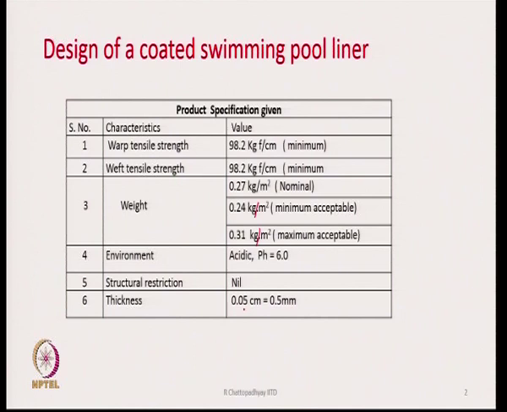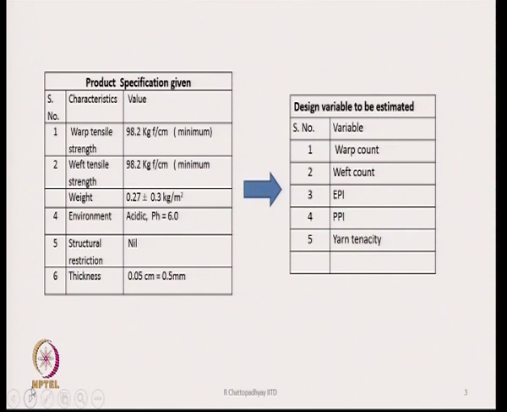So, these are some basic requirements stated. We need to find out the relevant design parameters or design variables, which are shown in the present slide. That means, the variables we need to know are what should be my warp count, what should be my weft count, what should be EPI, what should be PPI, and what should be the yarn tenacity. These values we have to calculate